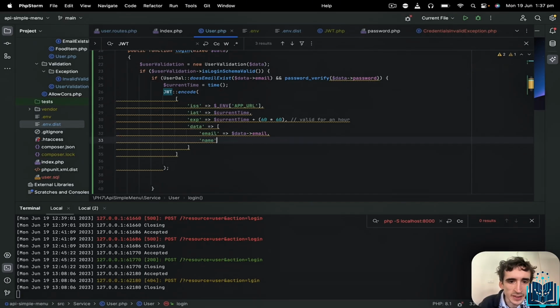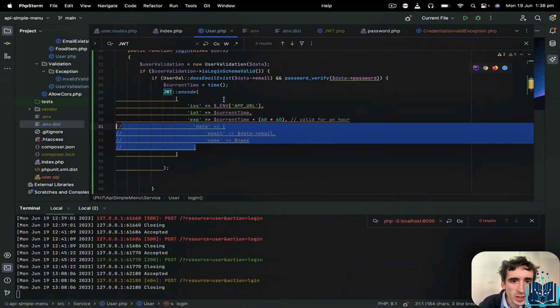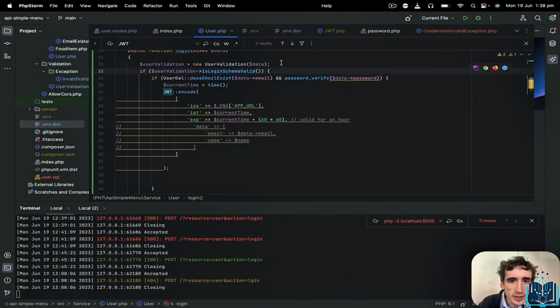Like I can have name and so on. This, however, we will just complete after, because we actually need to fetch first the details of the user from the database, which we haven't done yet. So what I will do first,